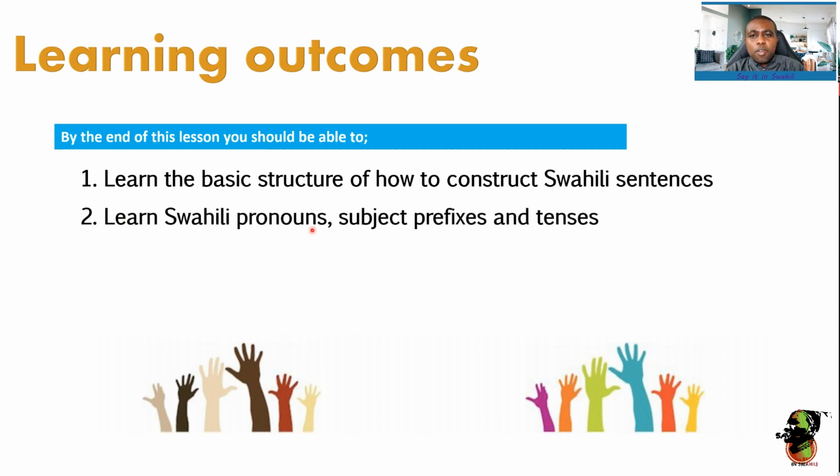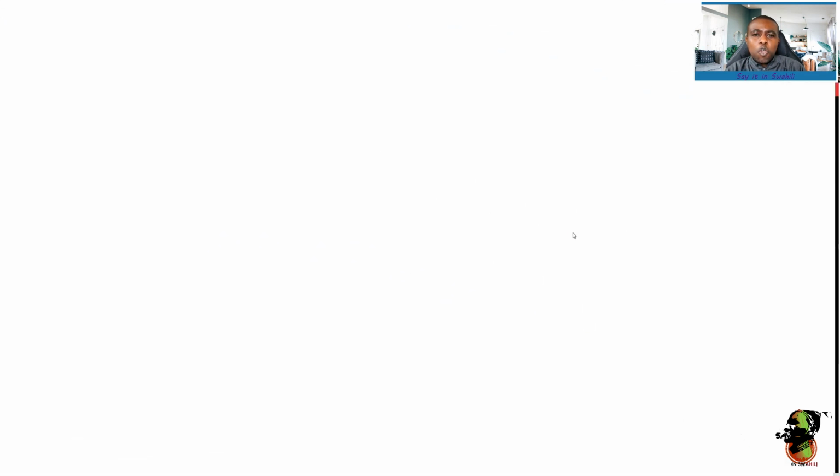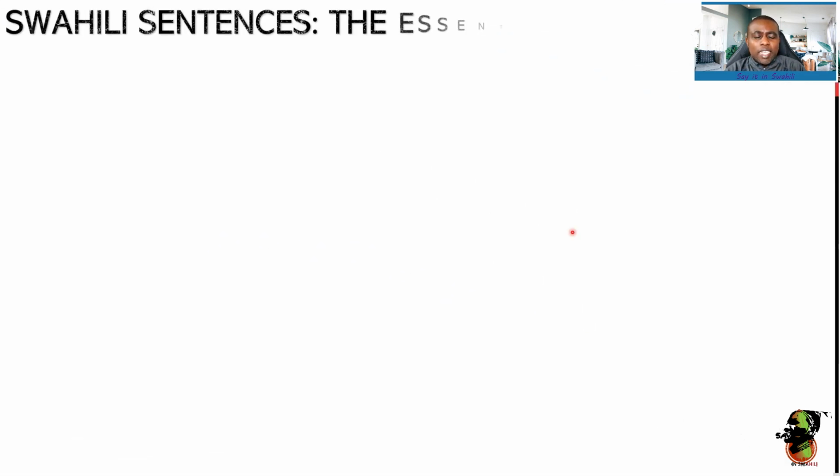Learn what the pronouns in Kiswahili are. That is, me, you, he or she, they. Those are the pronouns. Subject prefixes: I am, you are, he or she is. Tense. When is the action happening? Now? Did it happen in the past? Has it just happened? Will it happen? Those are the tenses. So let's look at, first of all, what the Swahili sentence essentials for constructing sentences